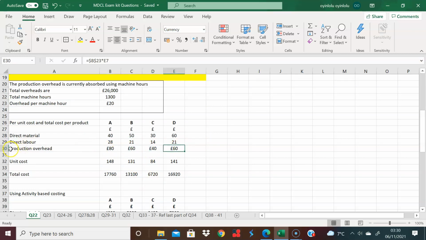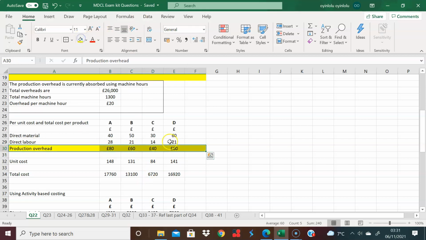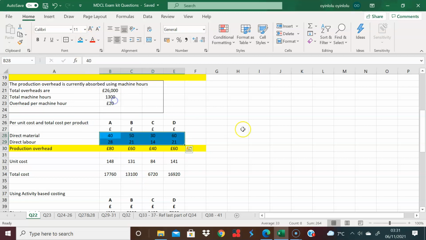So my problem here, I always want, I highlight this all the time. My problem here are overheads. My problem is not the direct materials. That's given to you. You have that information already given to you. All you have to do is just pluck it out and use it. So now what I can do is that I can add together and find my total unit cost, which is